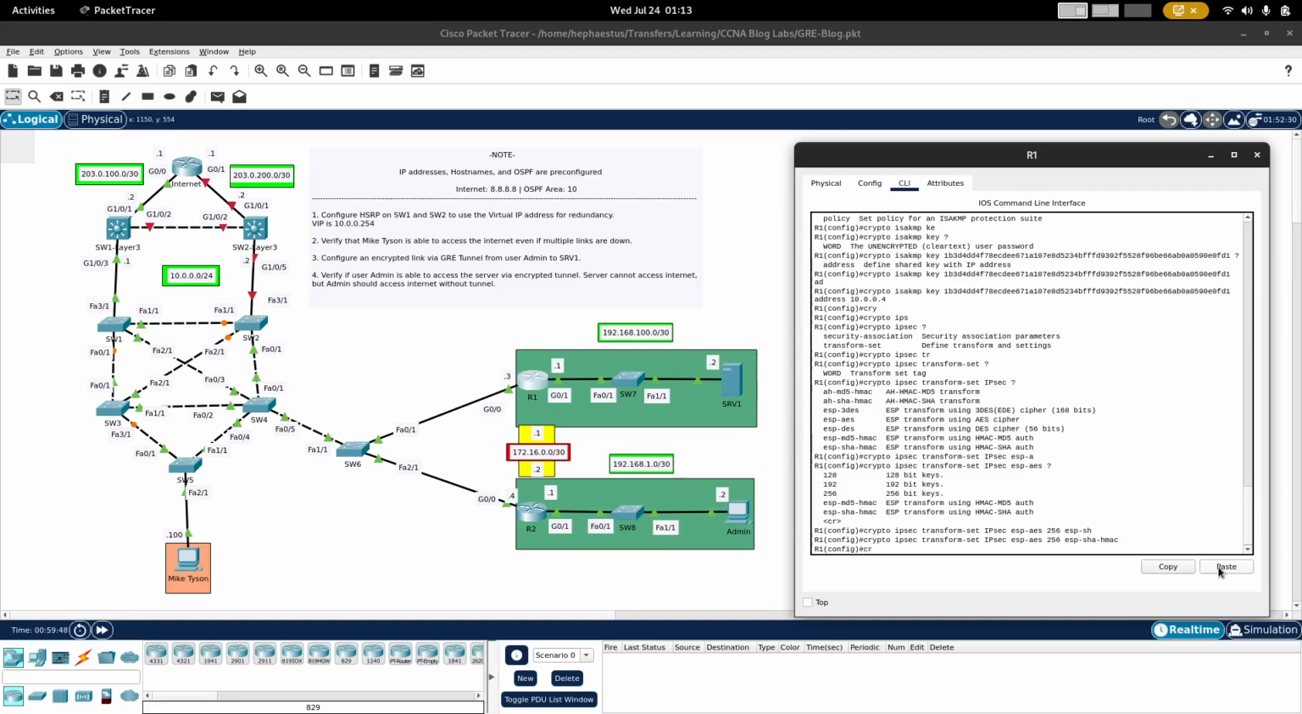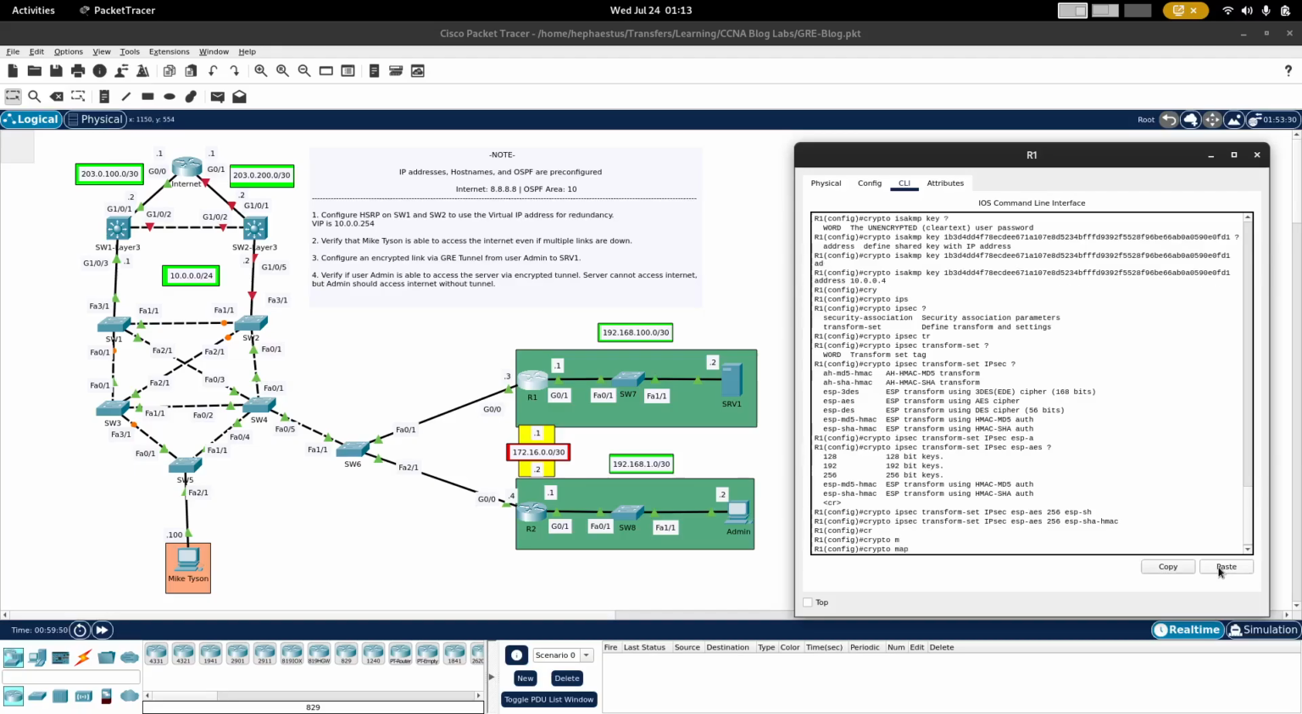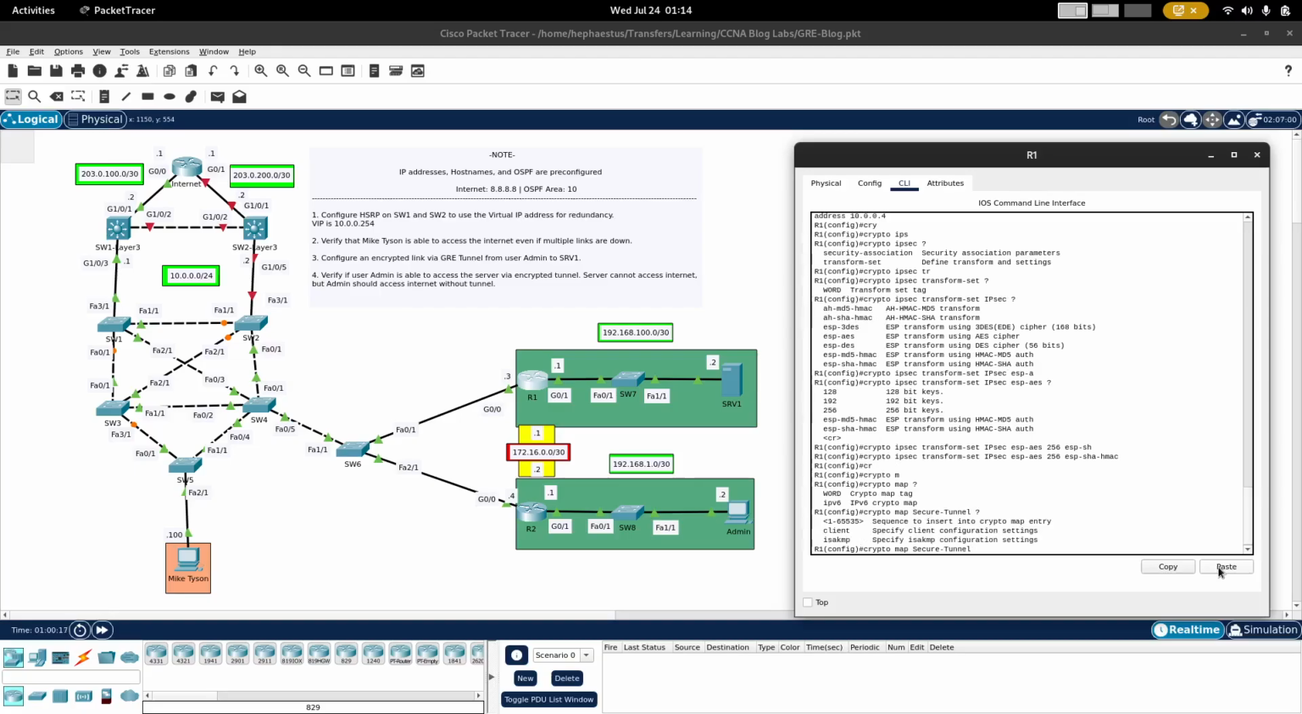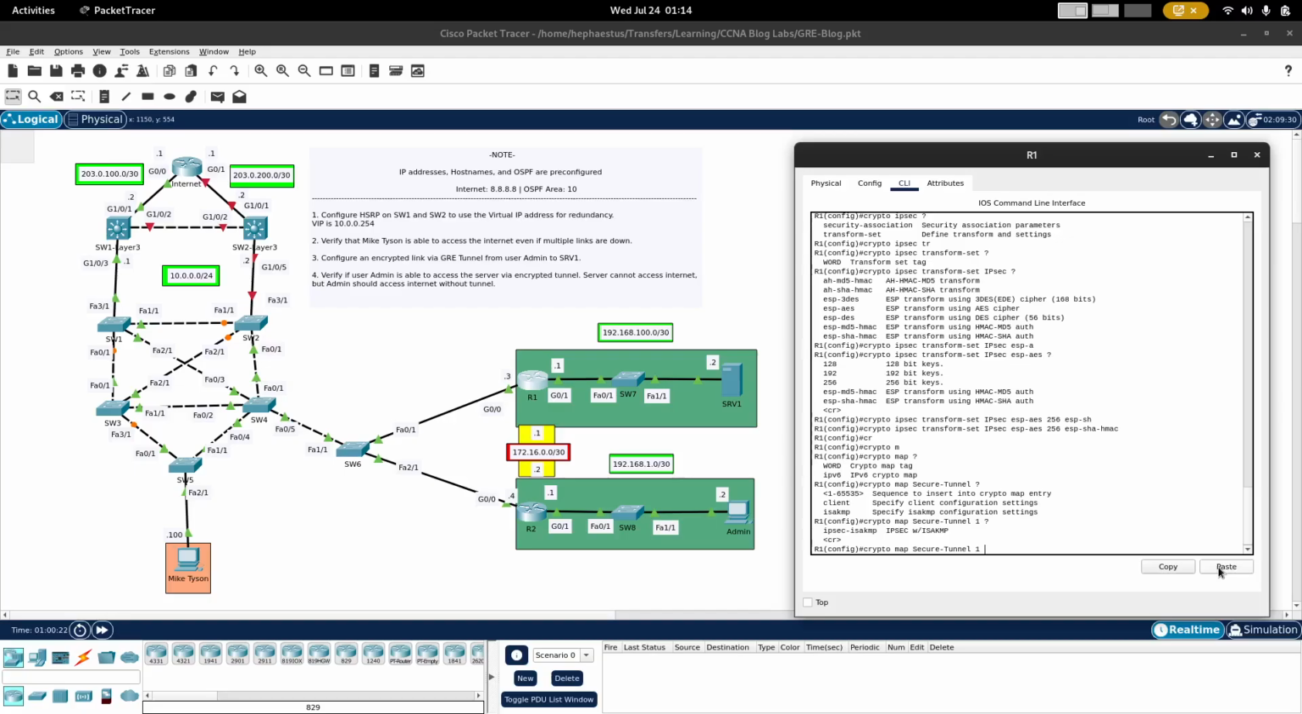Okay, and then from there, I'm going to go to crypto and specify the map, right? This is what I'm going to use on our G00 interface and say, hey, I want these settings to be in place to establish, or you would say, encrypt all traffic coming from this interface. So anyways, I'm going to call this secure tunnel. The sequence, I'm going to put 1. IPsec,